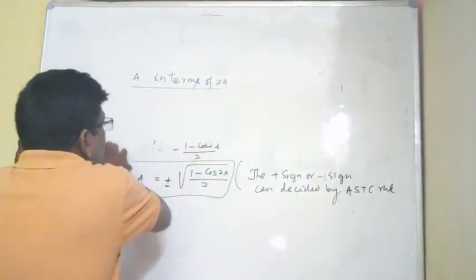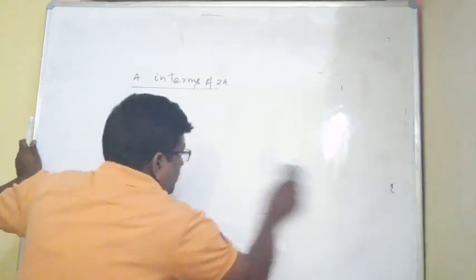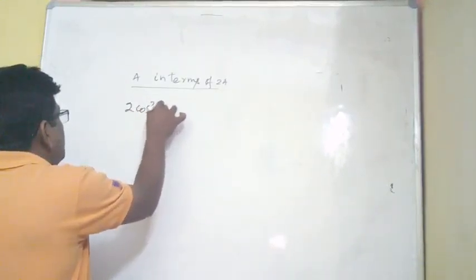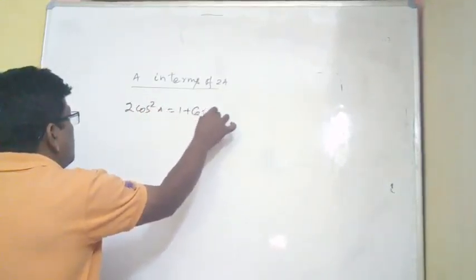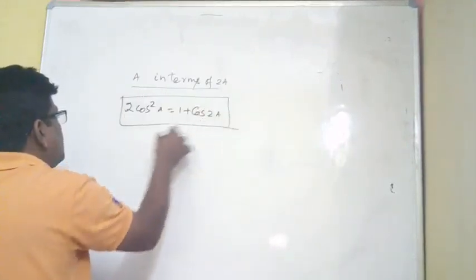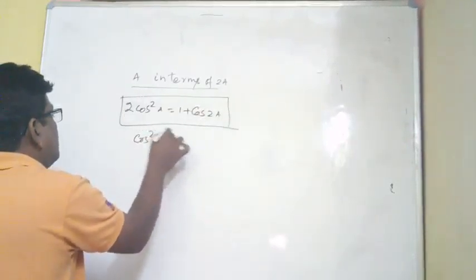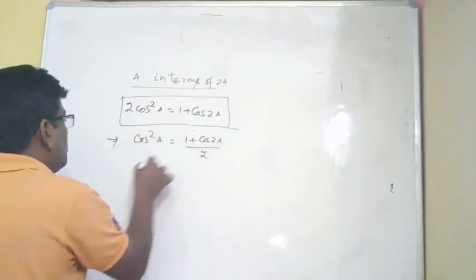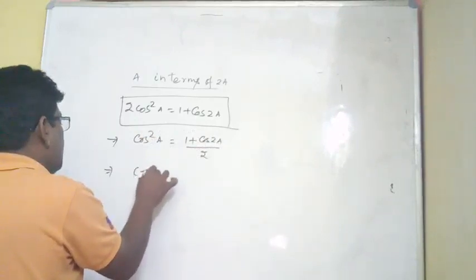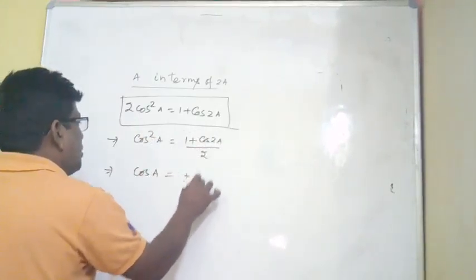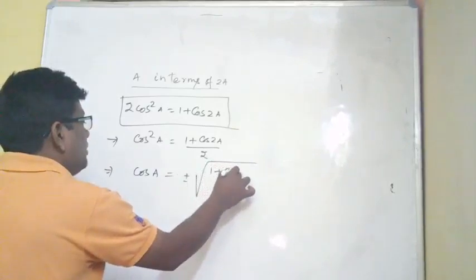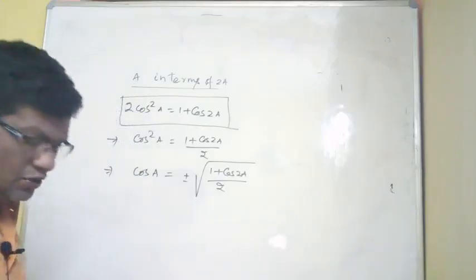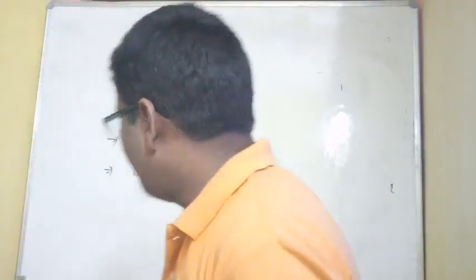2 cos square A is equal to 1 plus cos 2A. So cos square A is equal to 1 plus cos 2A divided by 2. That implies cos A is equal to plus or minus root over 1 plus cos 2A by 2. The plus sign or minus sign is according to